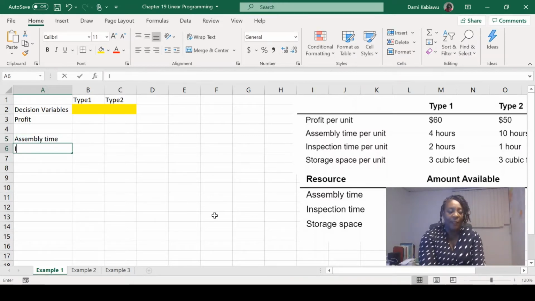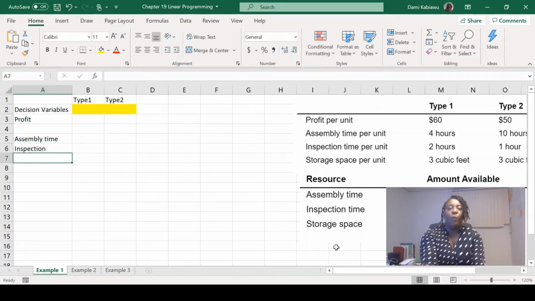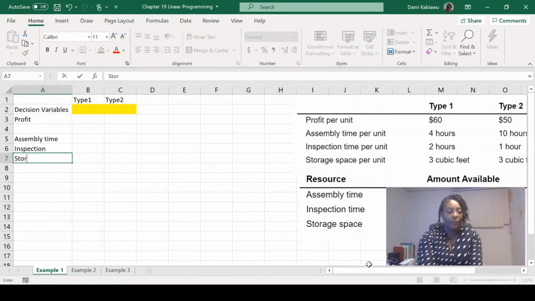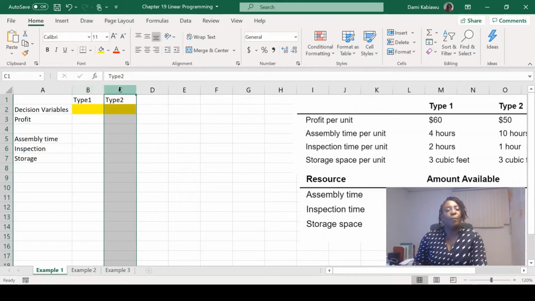We have inspection, we have storage. Now I'm going to put all the information that pertains to product 1 under product 1 and product 2 under product 2. So the first thing I'm doing is getting all of the data on the spreadsheet,